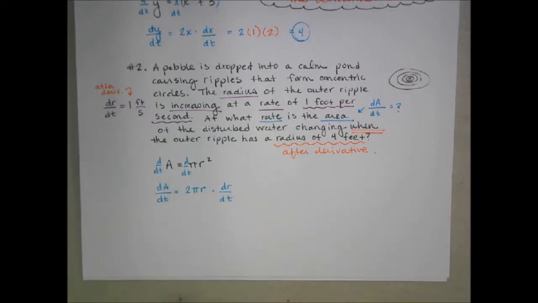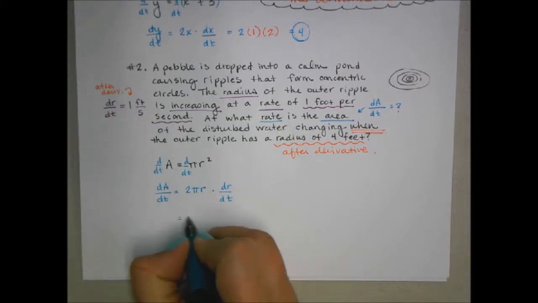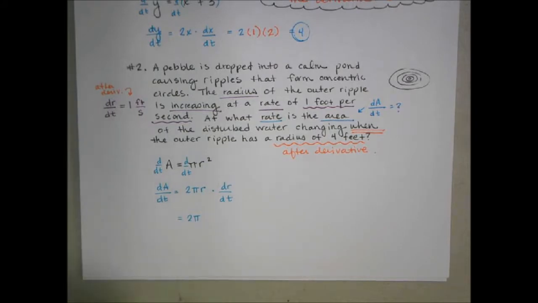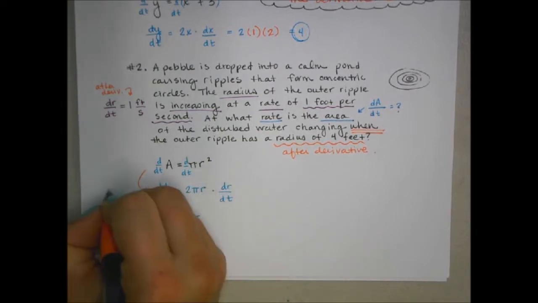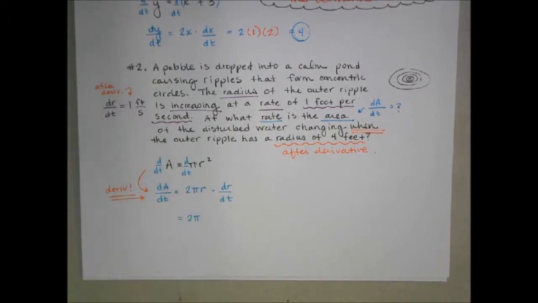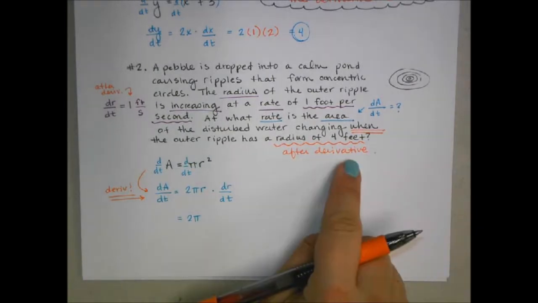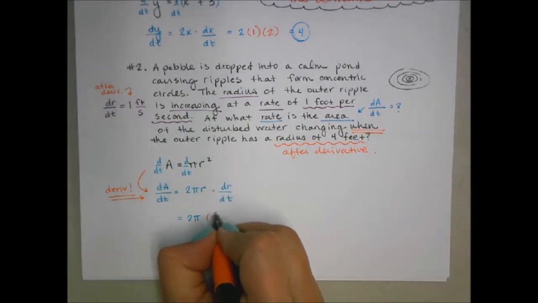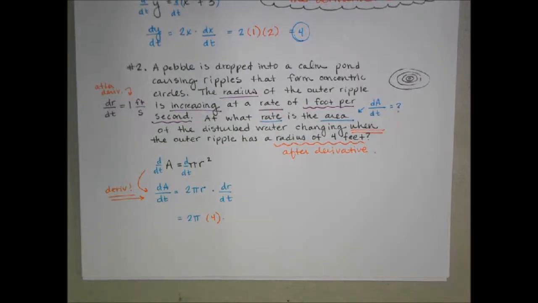All right. So again, we're solving for dA dt here. We want to know what this is. We have 2 pi constants. Okay, now what's the radius? Now that I've taken my derivative here, I can now plug in my when values. So when r is 4, and what's dr dt? So that was given to us earlier. Dr dt is 1 foot per second. Okay, and I just multiply these things together. So my answer here is 8 pi,